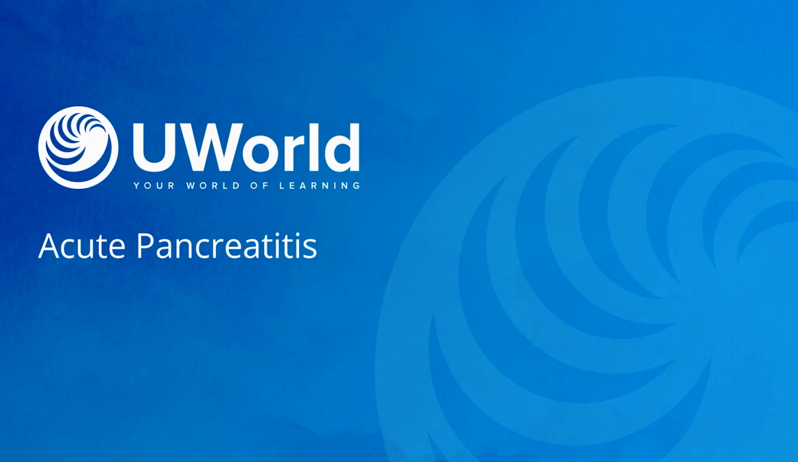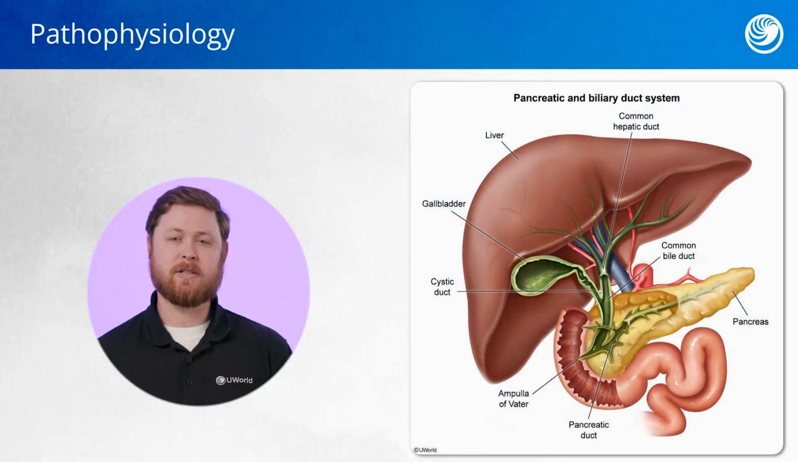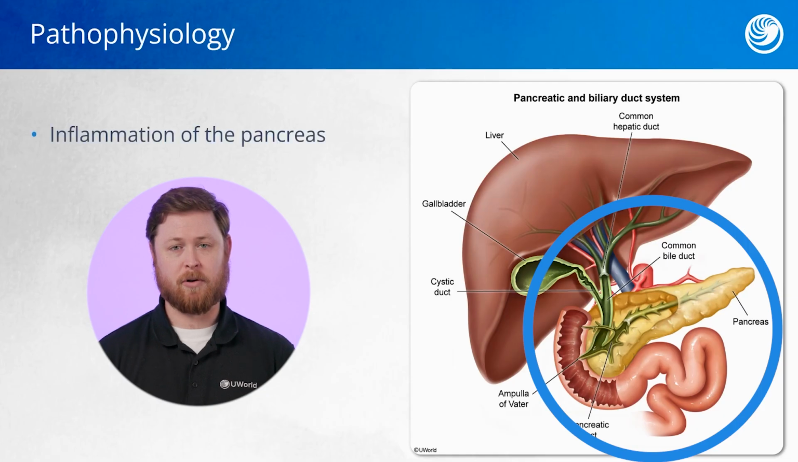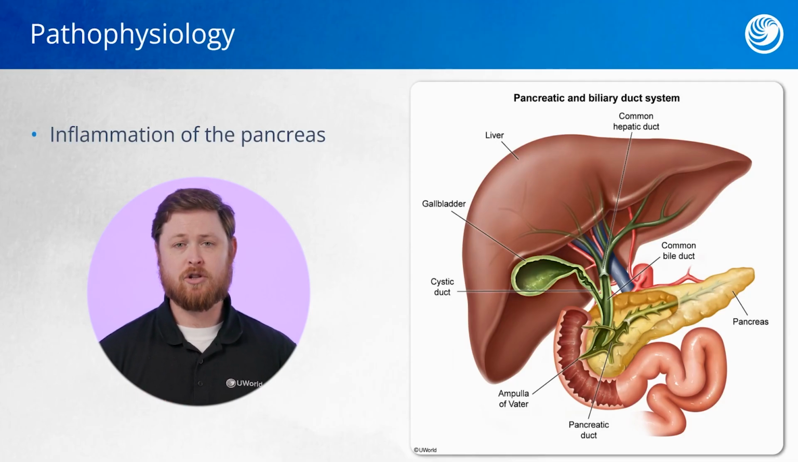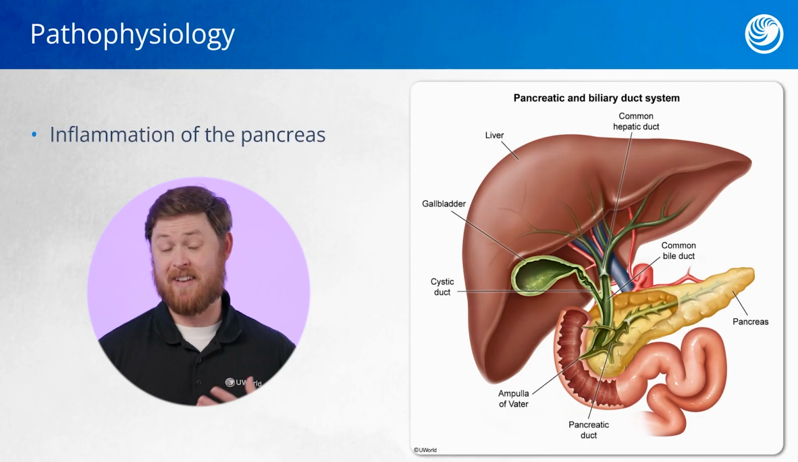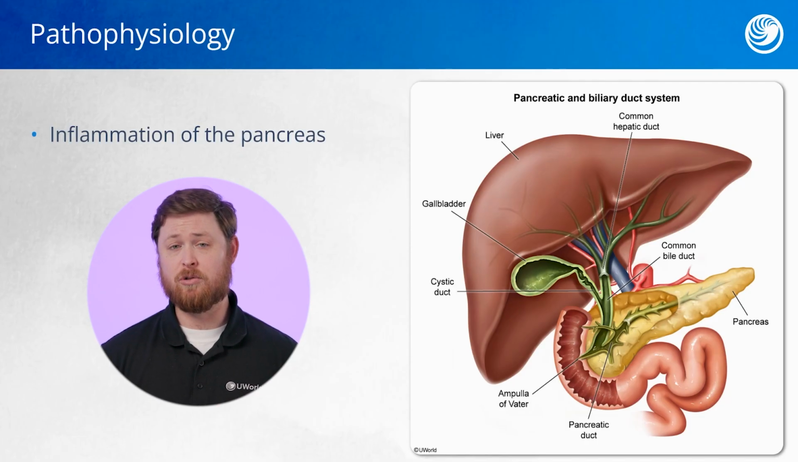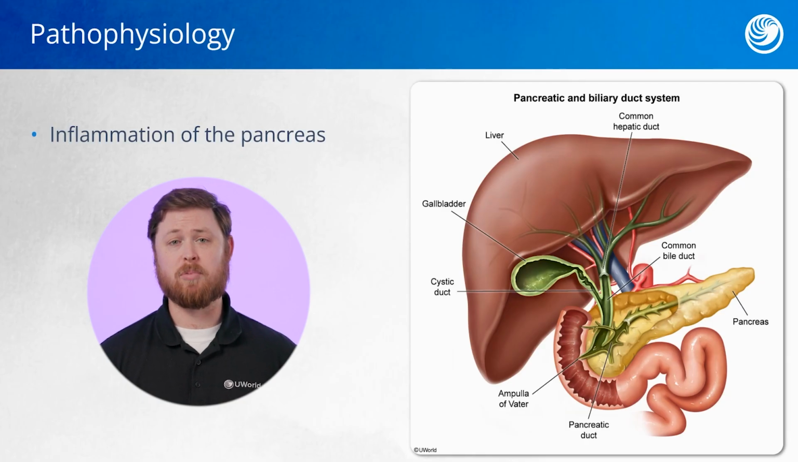This topic is acute pancreatitis. Pancreatitis refers to inflammation of the pancreas, and when the pancreas is inflamed, this can lead to dysfunction of normal pancreatic activity. The primary function of the pancreas is to release digestive enzymes into our digestive tract to aid in the breakdown of fat and fat-soluble vitamins, as well as releasing insulin and glucagon to help regulate our blood glucose